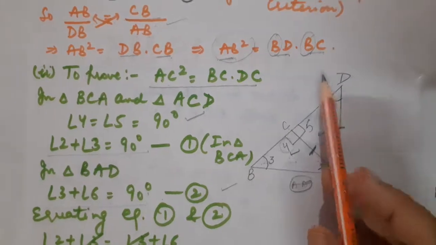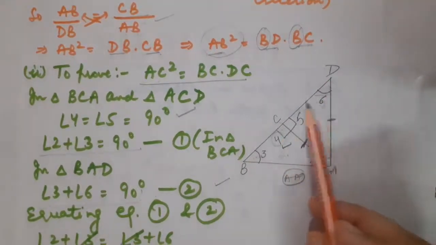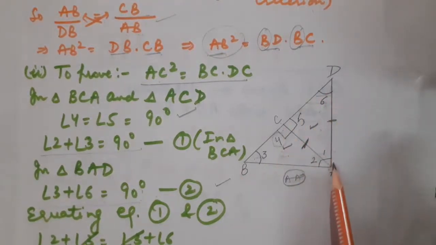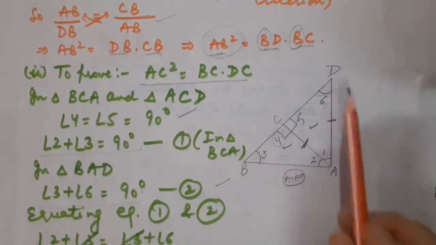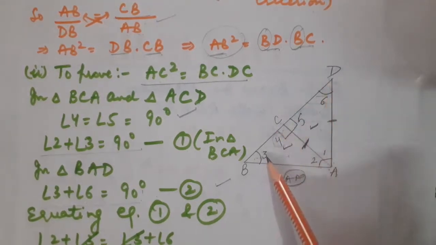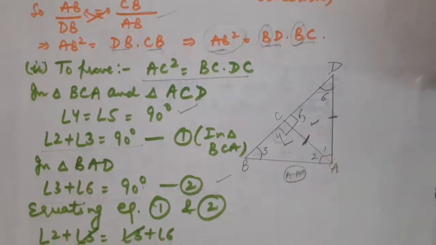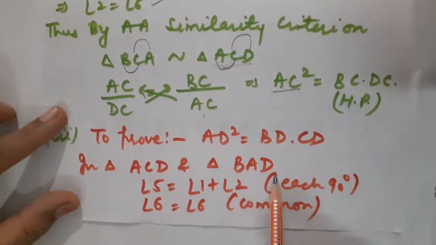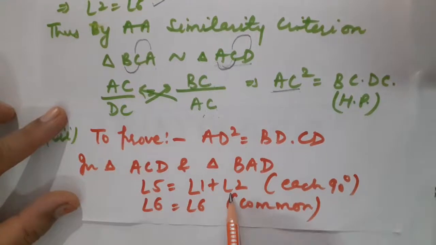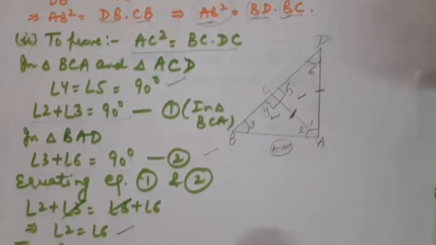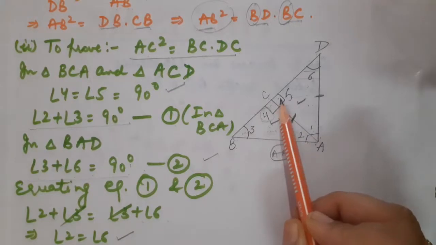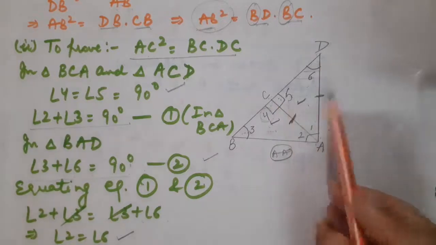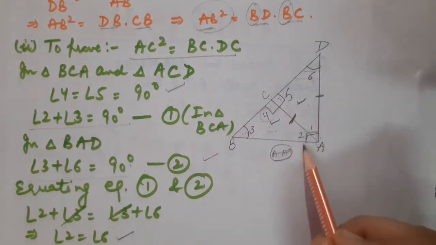Correct. I have to choose one, this triangle, that is ACD, this one, and of course the complete bigger one, because this AD side is occurring in the complete triangle, that is BAD, and in triangle ACD. Got it? So let us take in triangle ACD and triangle BAD. Angle 5 is equal to angle 1 plus angle 2. Let us check. This is angle 5, which is 90 degrees in triangle ACD. Okay. So this is equal to complete angle A, that is angle 1 plus angle 2.